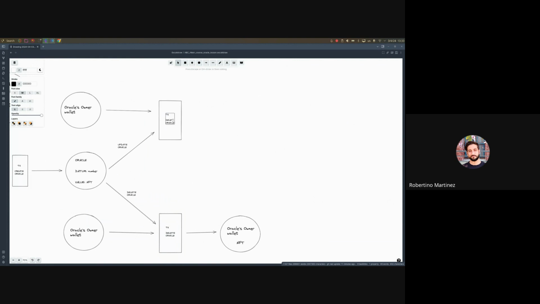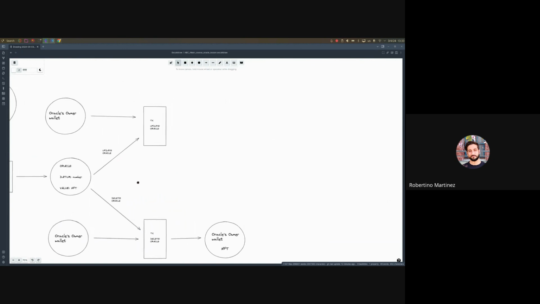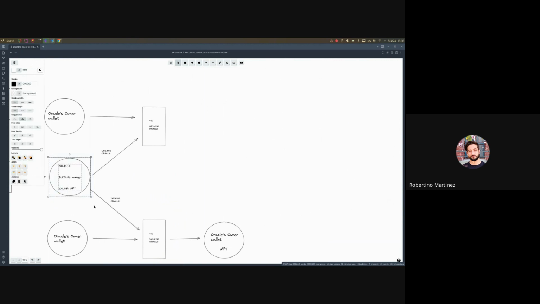So let's create transaction of update oracle. In this case, we need to create another oracle output in the same oracle's address,